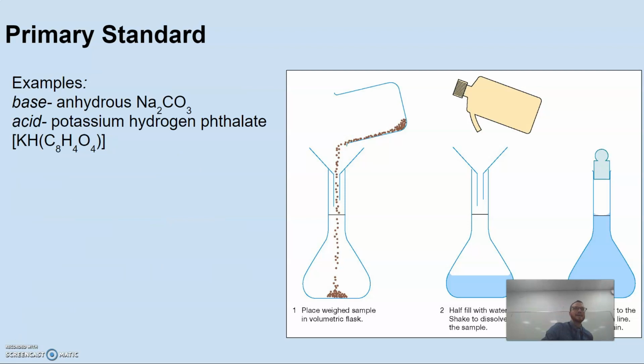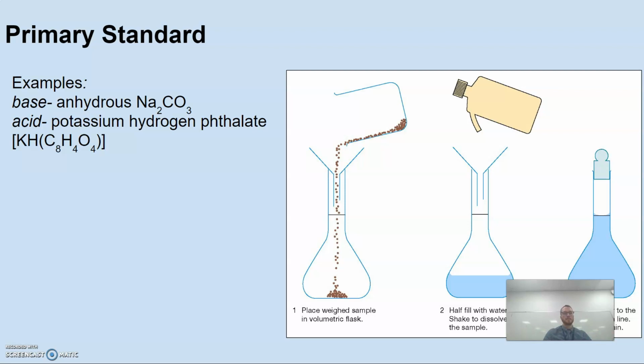Some examples. Base: anhydrous sodium carbonate. What does that word mean? What does anhydrous mean? Without water, right? Sodium carbonate does absorb some water from the environment. So what we would do is we'd place it into an oven. It's very stable. It's got a high thermal threshold before it decays, right? So we can set it to 110 degrees, boil any residue of water off,